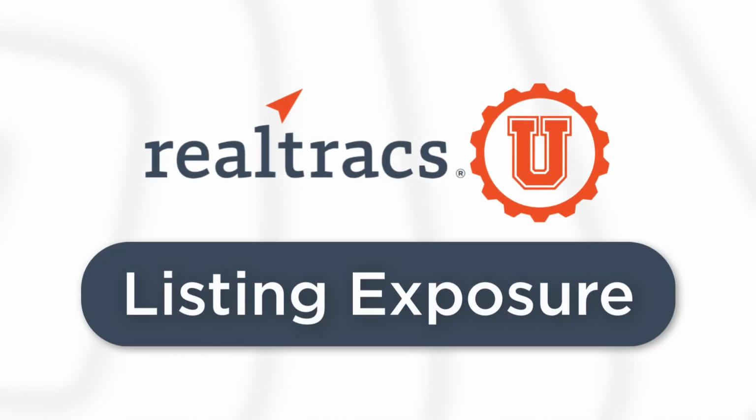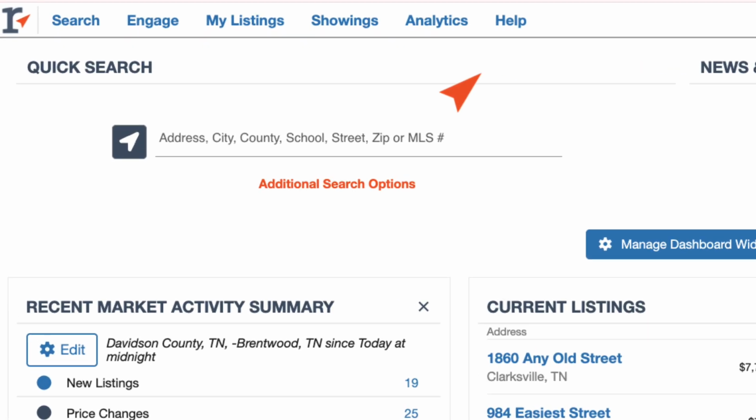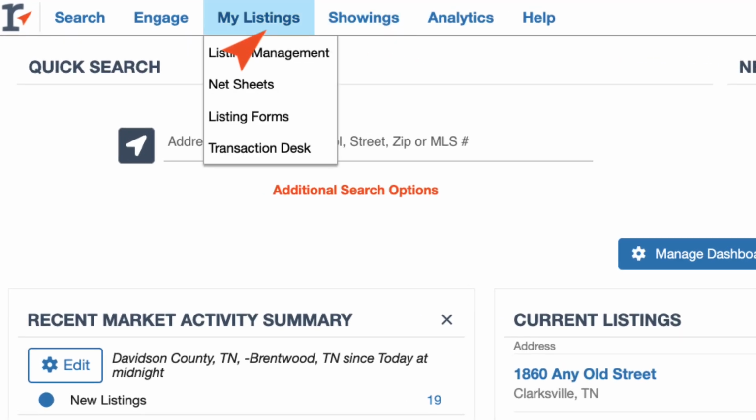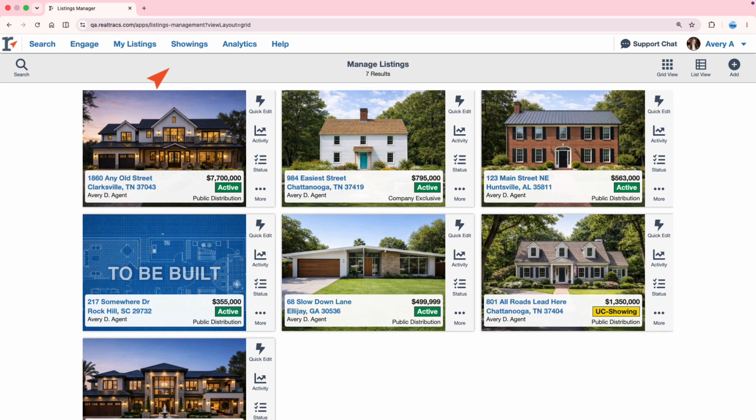Every listing agent knows that there is so much more than just inputting your listing. Realtracs has all the tools to make managing your listings a breeze. At the top of your Realtracs, you're going to see My Listings. Under My Listings, there's Listing Management. Listing Management is the home place for all of your listings where you will come to add, edit, and manage